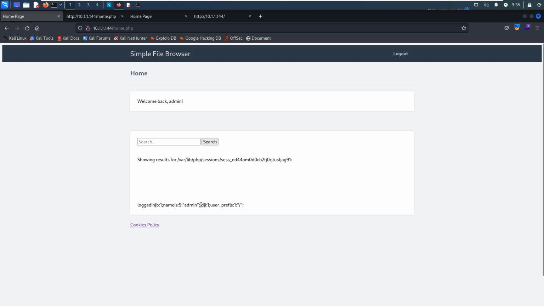So I think the next job for us is to try to poison this field, user pref. Okay, so how to do? We can try to write malicious PHP code, for example, like a reverse shell command.